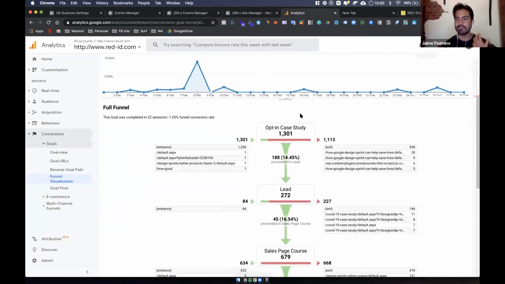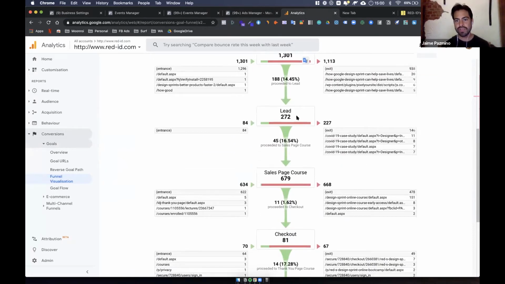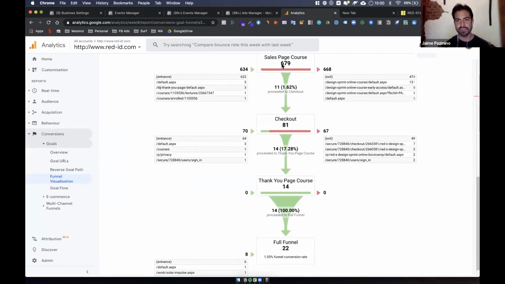And just to explain a little bit of our funnel here, I'm going to Google Analytics funnel. Pretty much, these are people who generate this traffic. They will convert into leads. They will come to the sales page, right? And then they will go to the checkout, and ultimately they will go to the thank you page after purchasing. And we were missing the last two steps of the funnel. It was so frustrating to see leads coming in, going down, and then the tracking disappears. That was the main wall we were going against.